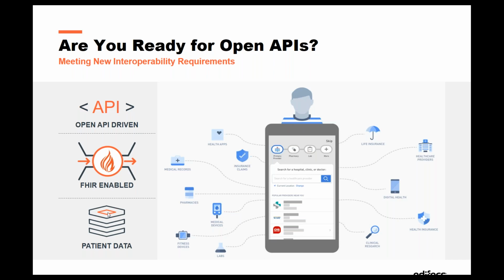Second is, if you haven't already started working with FHIR, you're going to have to start thinking about how you enable this data to be in the new format, right? So how is it going to be either mapped, or is it going to be consumed? So how do we enable this somehow? And then finally, we've got to wrap an API, we've got to create an API. So this resource now has to be accessible. So how are you going to manage that? Is there an API strategy that you can leverage, or do you have to build one? Huge, big things from a company. If you haven't already done it, this could be big steps.